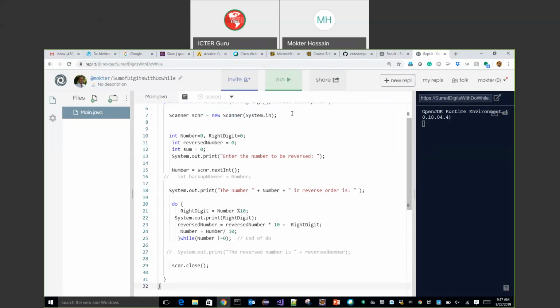This program I want to make sum of digits using do while. So here I need a variable sum, initially sum equal to 0. Then whenever I get my right digit, I need to update my